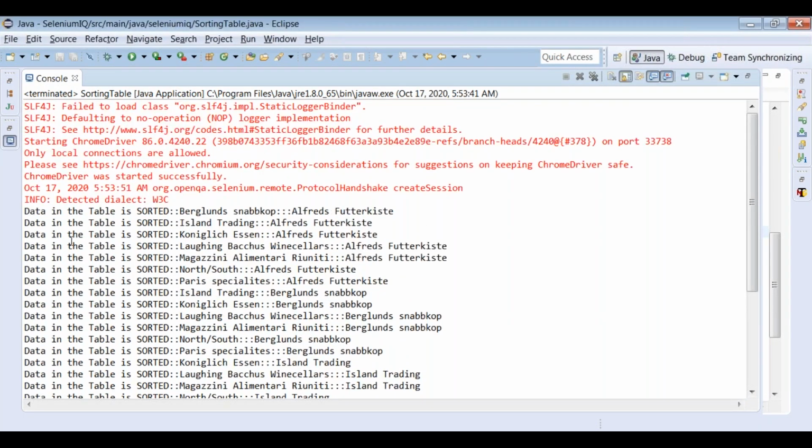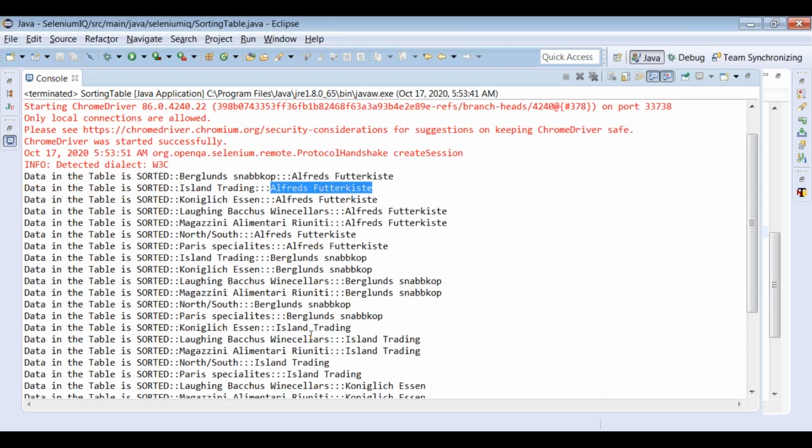In the console, you can see "data in the table is sorted". So first we are printing that. When I compare this one with this one, the result is greater than 0. So now you can see Island Trading with Alfred.